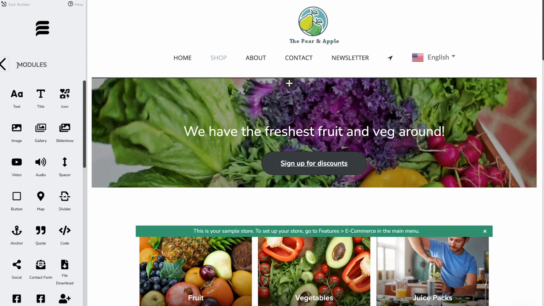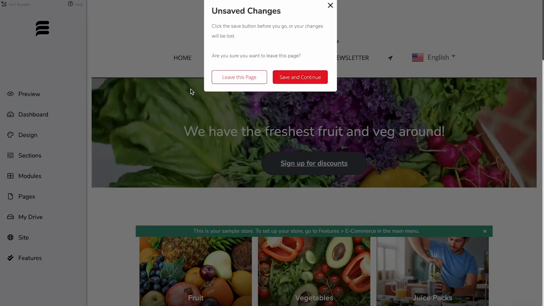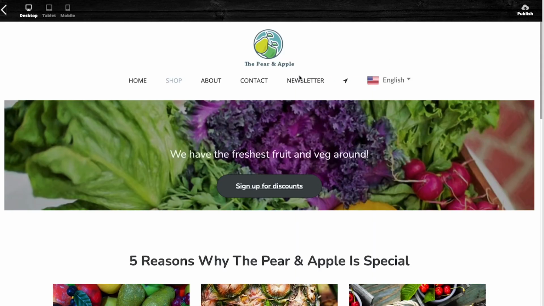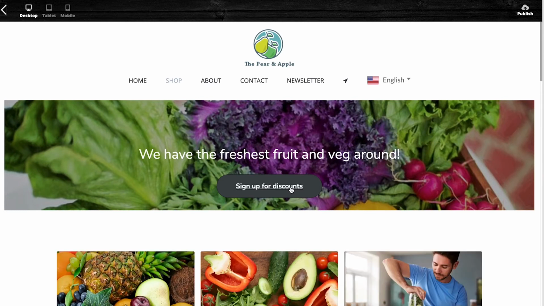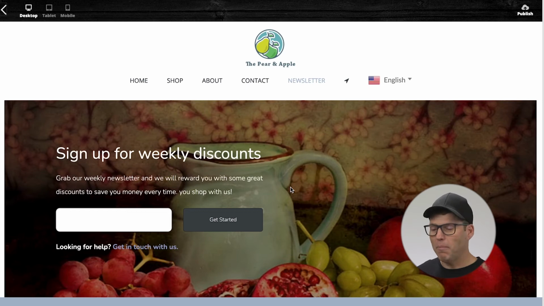We'll get out of modules, into preview. Of course, we're going to be prompted to save and continue. That way we're not going to lose any of our work. And then once we're in preview mode, if I go down here and click sign up for discounts, boom, I've got a fantastic template applied to the page using sections. It took me half a minute and I had created this amazing landing page to entice people further to subscribe